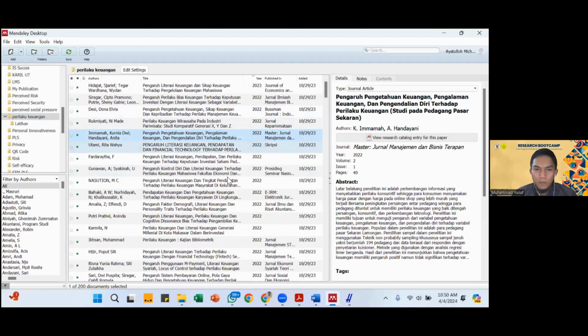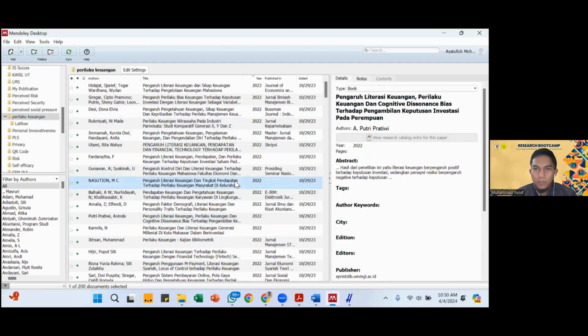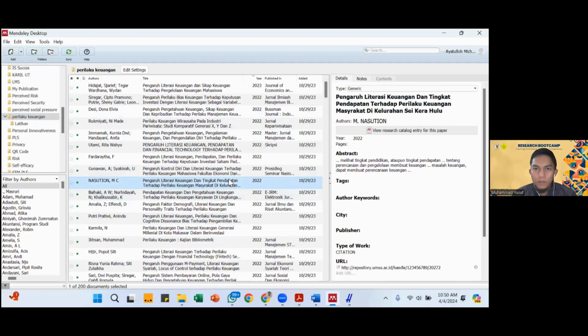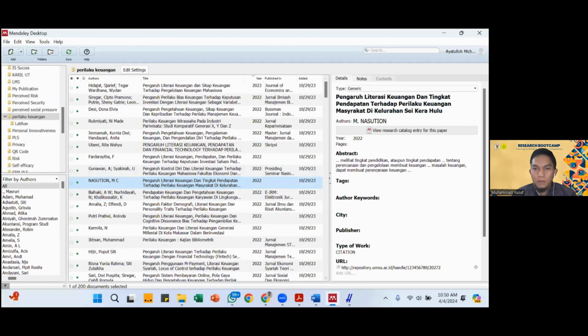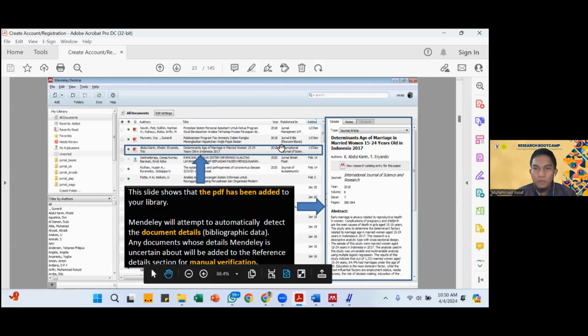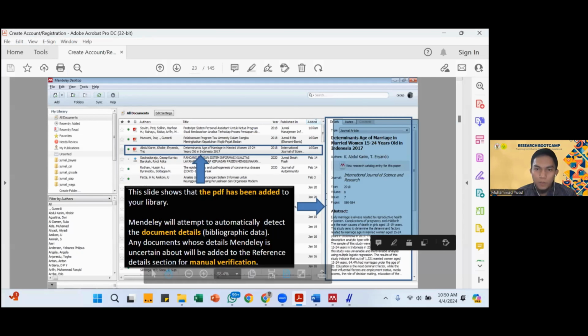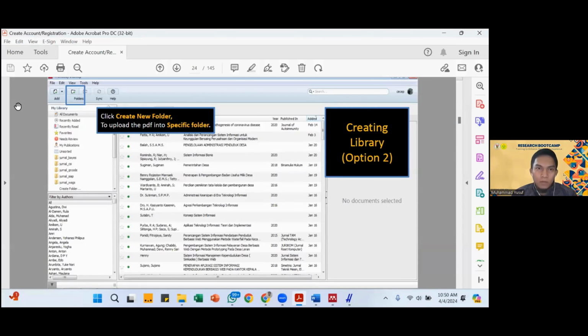And then you can see the detail from the document detail or bibliographic data. The other ways to